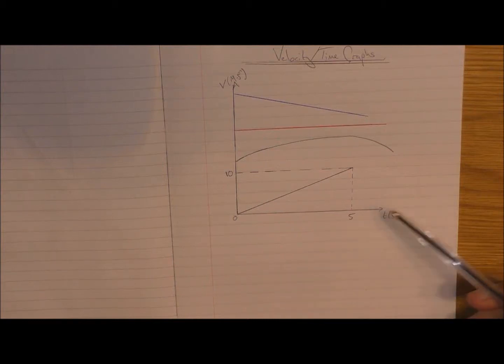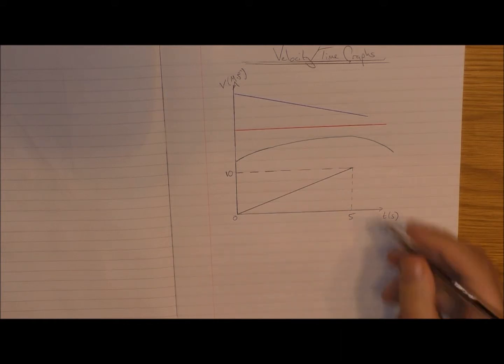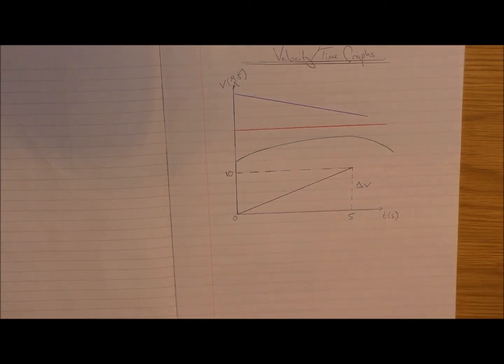Okay, velocity time graphs. So this time we're looking at how velocity changes with time. What we need to do here is have a look at each one of these lines and describe what they're doing. So we'll start off with this black line at the bottom. This is showing that velocity is increasing. So this time, if we call this delta V